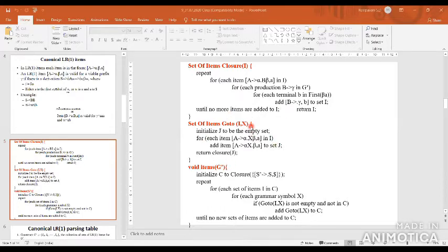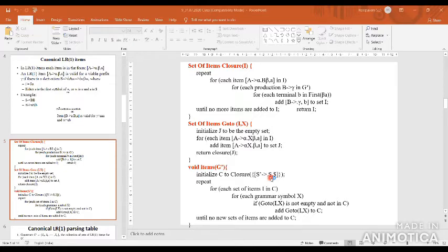The same applies to the goto function. Everything is similar to the SLR parsing table construction, but we only have to add the lookahead value. Okay, here check the augmented items of G dash. Initially, closure of S dash tends to dot S comma dollar. So initially you have to add the set of items for the first state, I naught, which is S dash tends to dot S. It is for the augmented grammar.